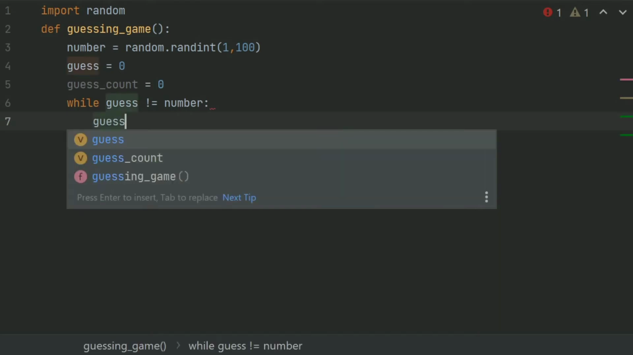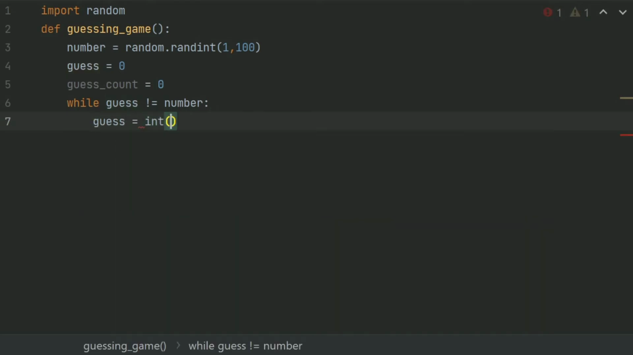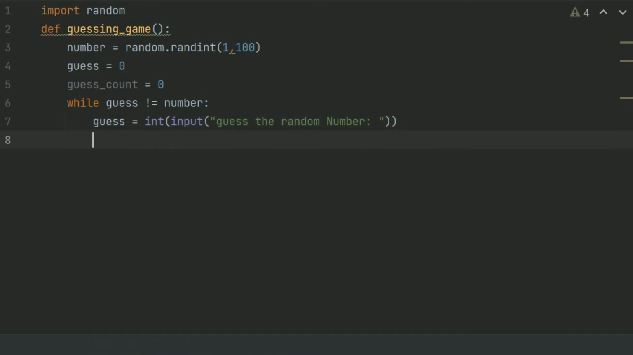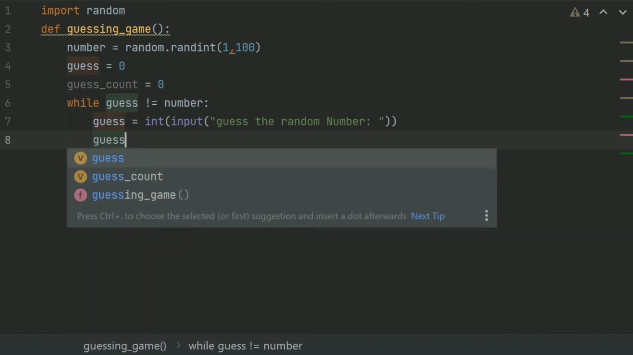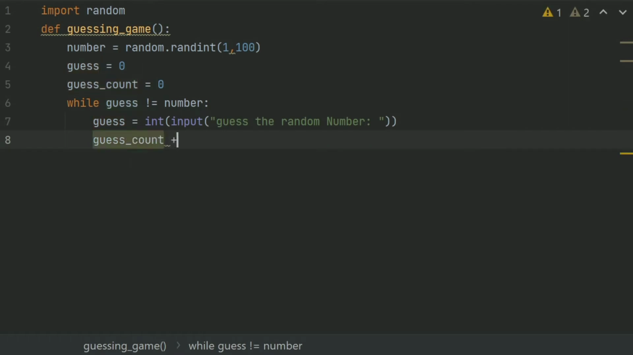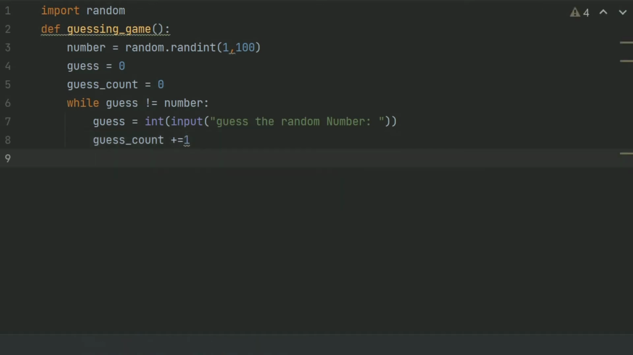set guess equal to int(input("Guess the random number")). And increment the guess count: guess_count += 1. After this,